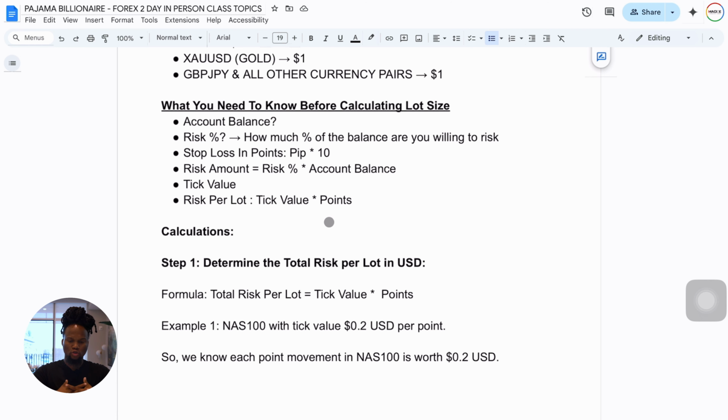What you need to know before calculating the lot size. You need to know the account size, the risk percentage, lot size in points, right? And you're gonna need the risk amount, and you're gonna need a tick value and stuff like that. So we already have the tick value. We need to know the risk per lot as well, which we're gonna calculate by multiplying the tick value times